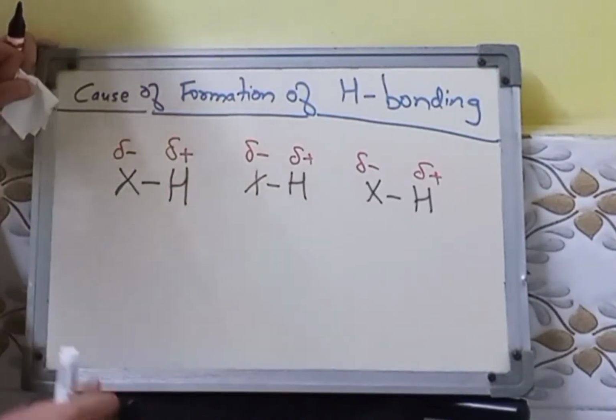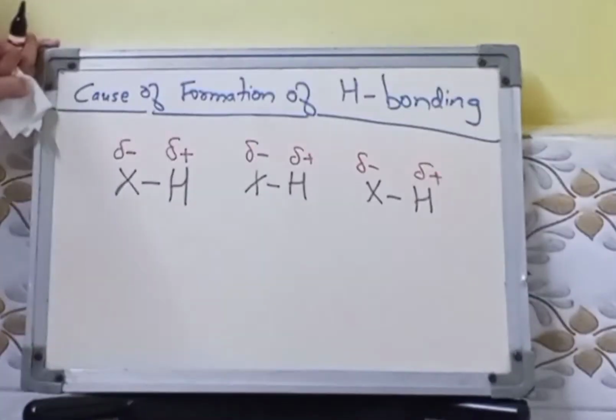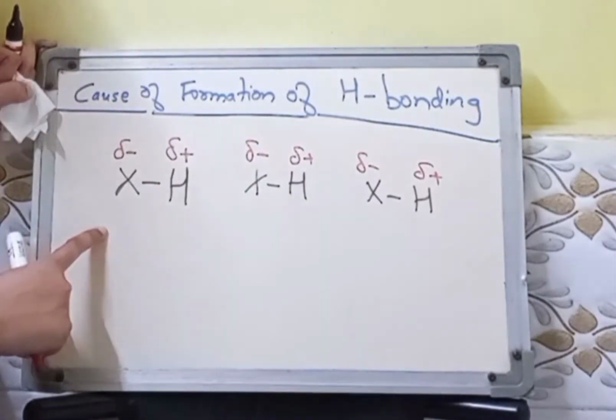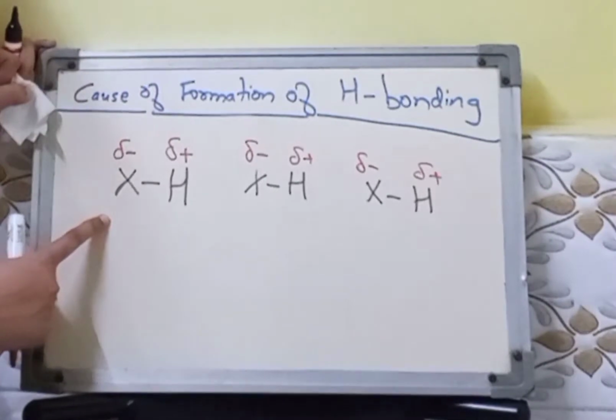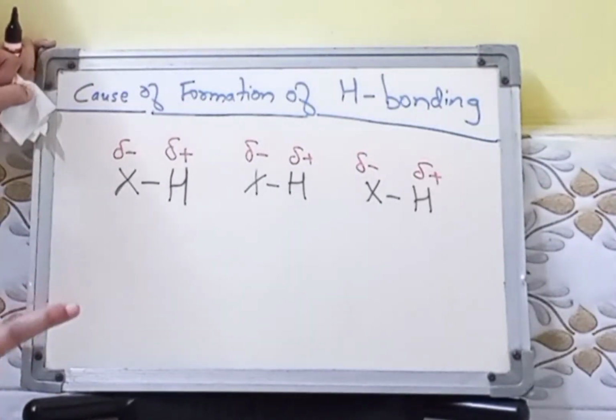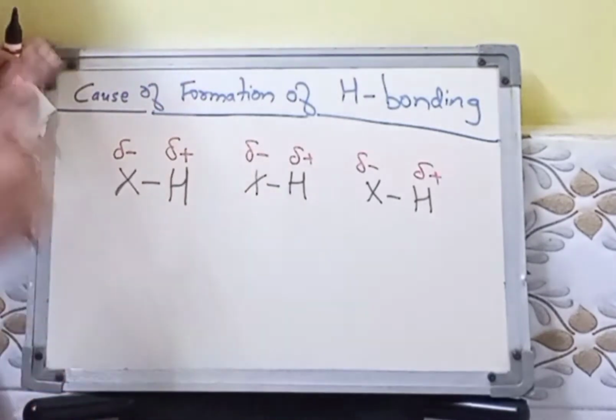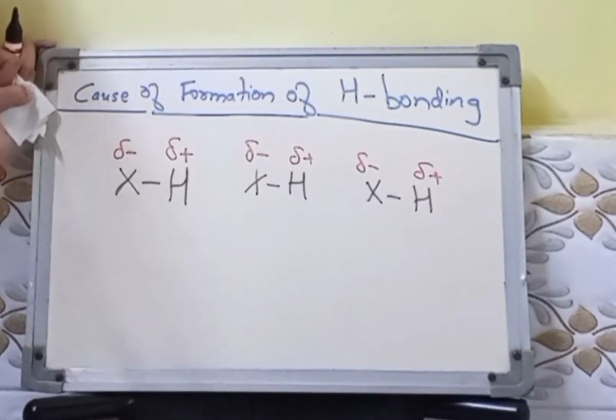Anyway, your electronegative atom is going to pull those electrons towards itself. So these bonds are going to be polar, with pulling of electrons by electronegative atoms. So this results in the formation of polar molecules. And when two polar molecules come together, what will happen? Their opposite ends will feel attraction.